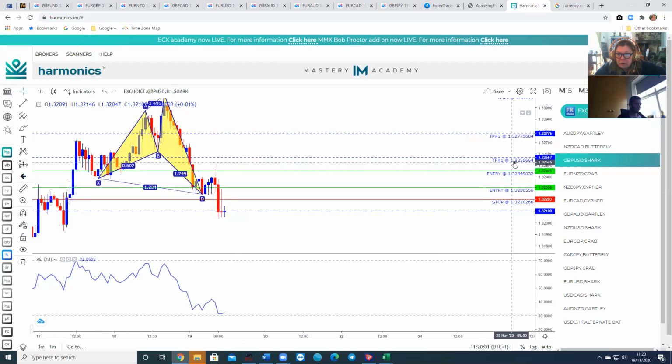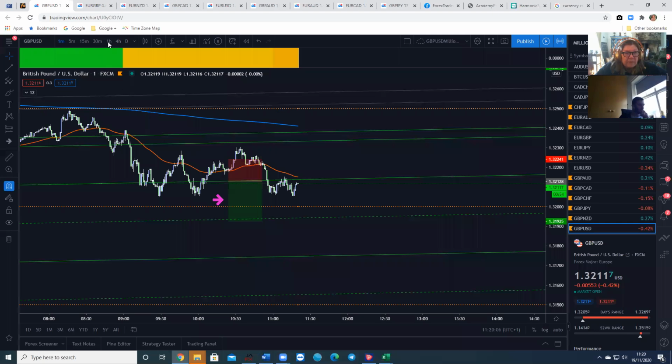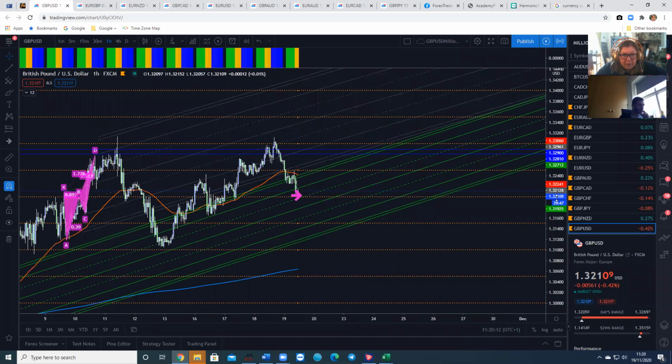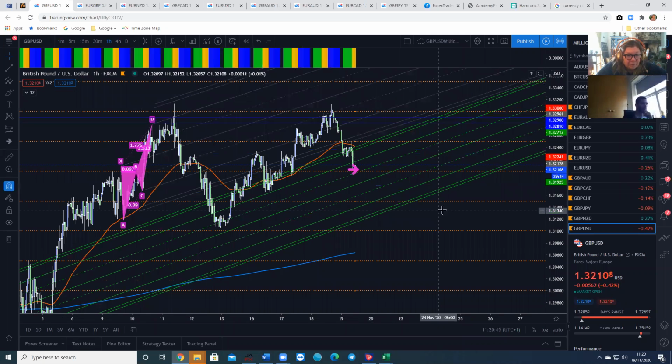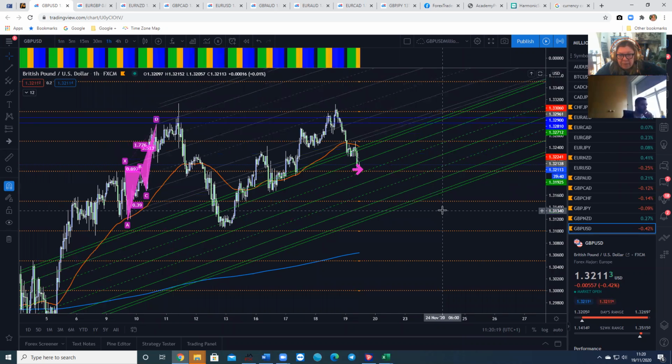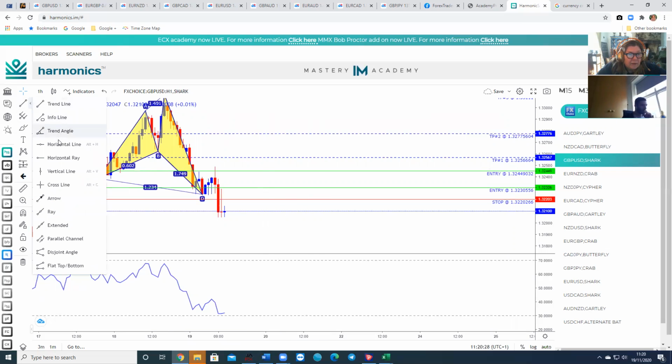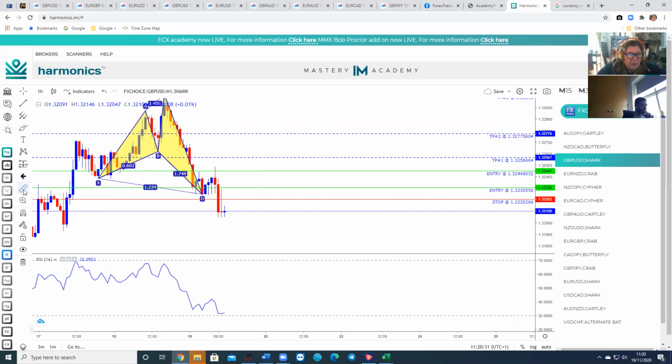So when I'm drawing that up, if I go to GBP USD, I'm not sure I've got that one anyway. I haven't got it yet because it hasn't reached the criteria. So I'll just do it on here. I get my ruler when I'm drawing it up for everyone and putting it in the group, and I'll have first entry point